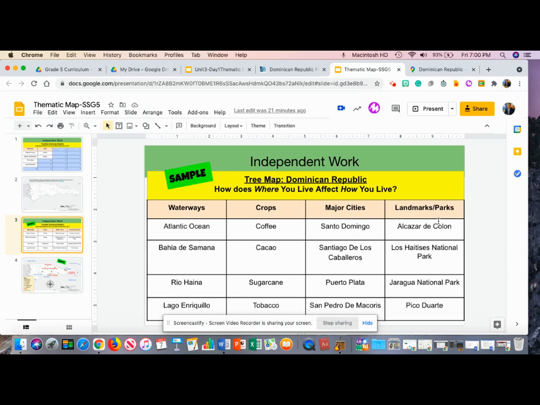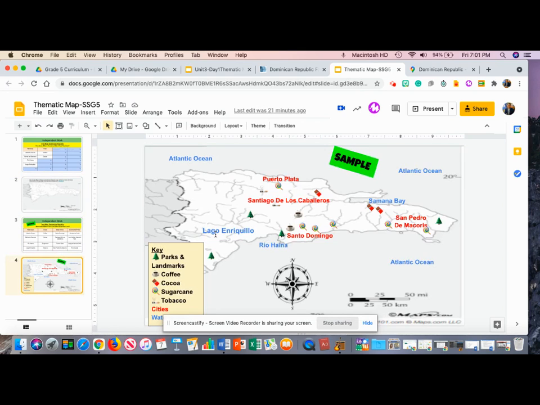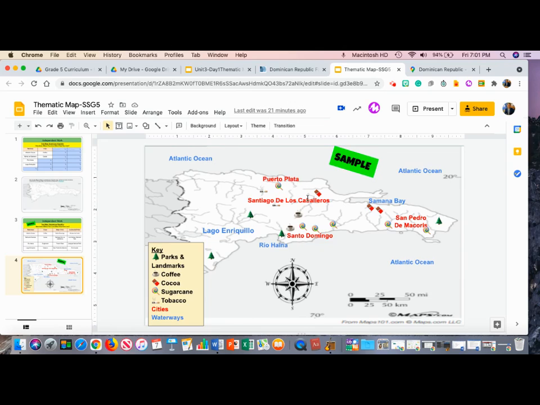Finally, I began to think about landmarks and parks. Landmarks and parks are also going to be located by cities, populated with many people as well as tourists who may be coming to these cities to view these landmarks and parks, as well as by waterways. I wanted to see what these connections would look like on a map. So I took this blank slide that I showed you earlier and began to place my various categories onto the slide, including the waterways in blue, and in red,